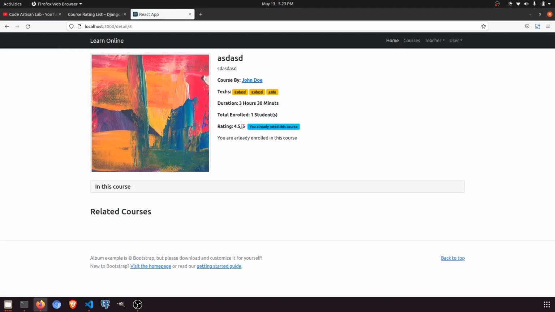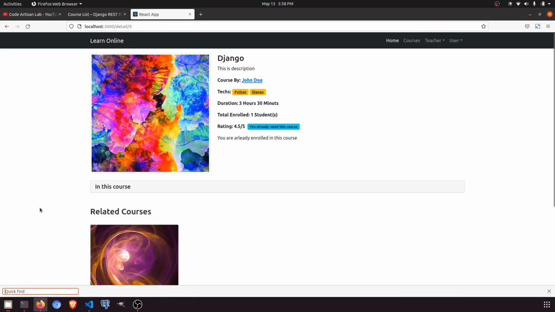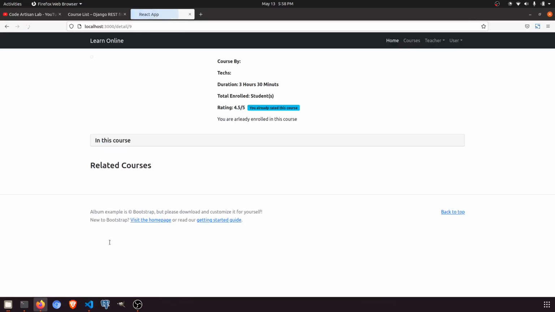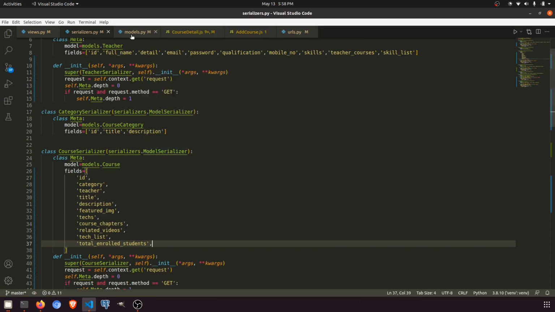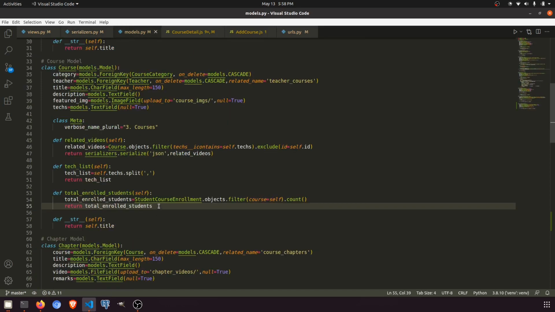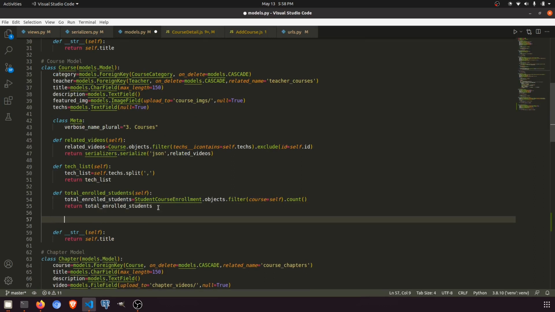We will fetch the average rating. Okay, so let's do that. Let's fetch the average rating for this particular course. Okay, so first of all we'll go to the model here, and I'll copy this method, right, and I'll paste